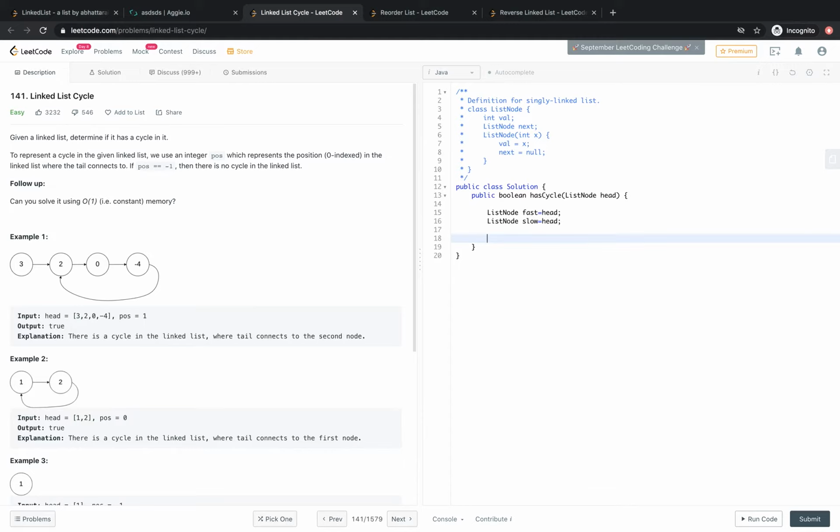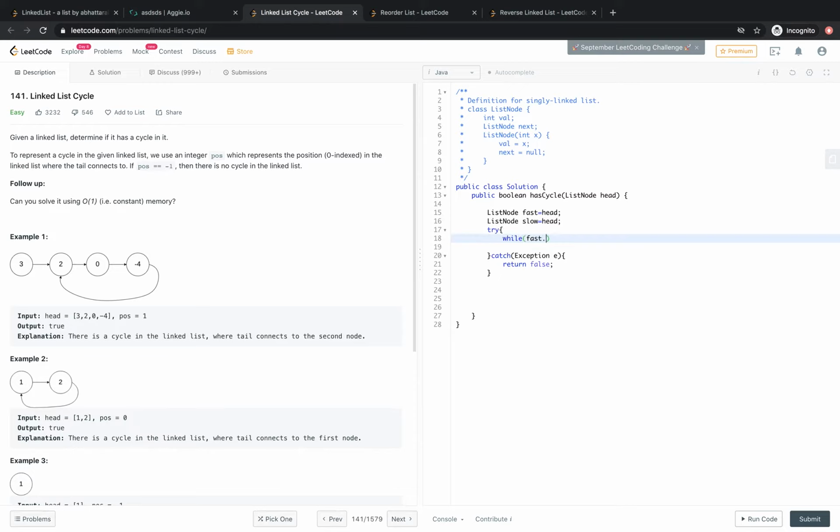Since we are only returning whether it has a cycle, we don't want the index. I thought that was the question. This is just, okay, if it has a cycle or not. Then what we can do is simply try to go forward, and if there is no null, then it is true. Basically, try catch. Just fail fast. If there is an error, that means a null was visited. Return false. Else return